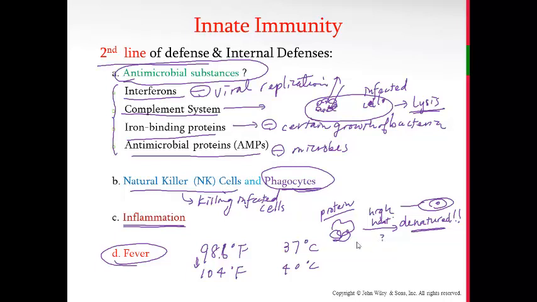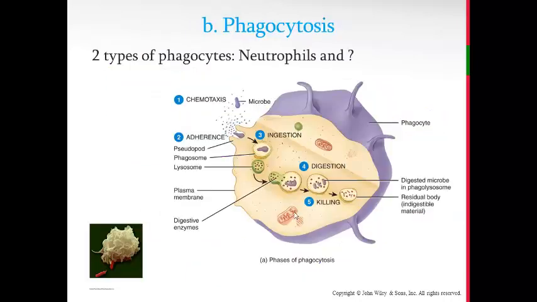So as a result, imagine inside the cells, your enzymes are under high heat condition. They're going to unfold and become denatured, then they cannot carry out their functions. And if it's a transport protein, they can't carry out their function as well. So you have to be very, very careful of high fever, okay? Don't let the fever go too high. Now, phagocytosis is carried out by our neutrophils and our good old friend